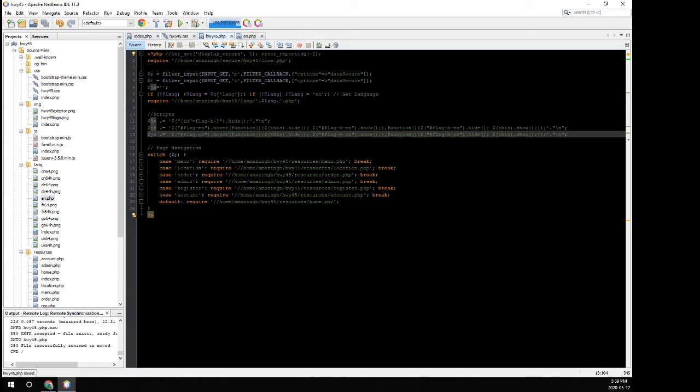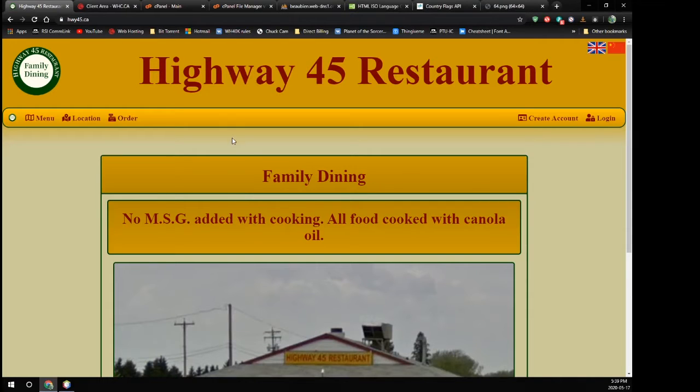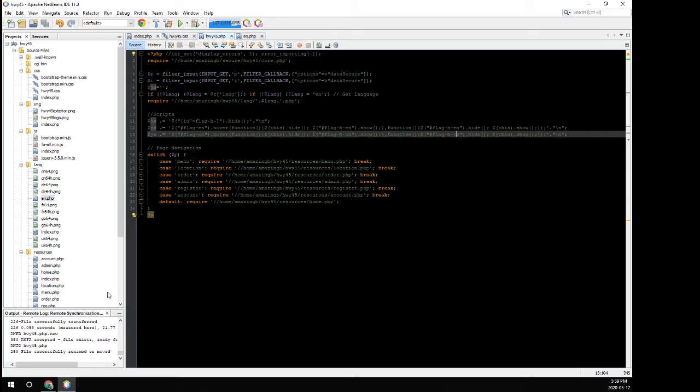And refresh. There we go. Now it works for both of those. But when we click on it, it still doesn't do anything. So in order to get that part to work, what we need to do is we need to change our